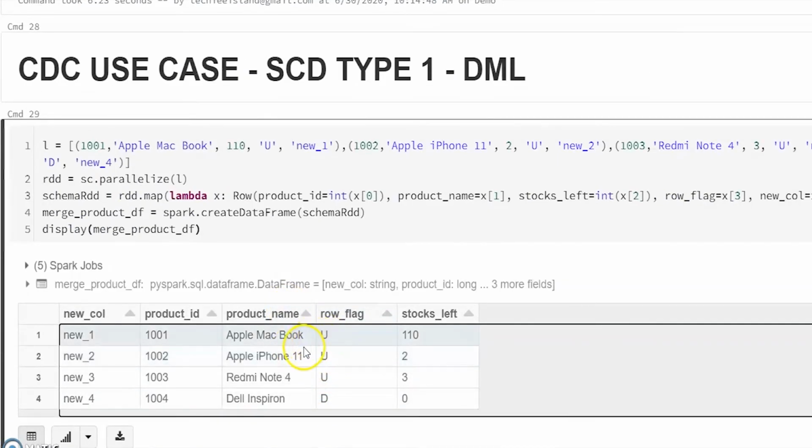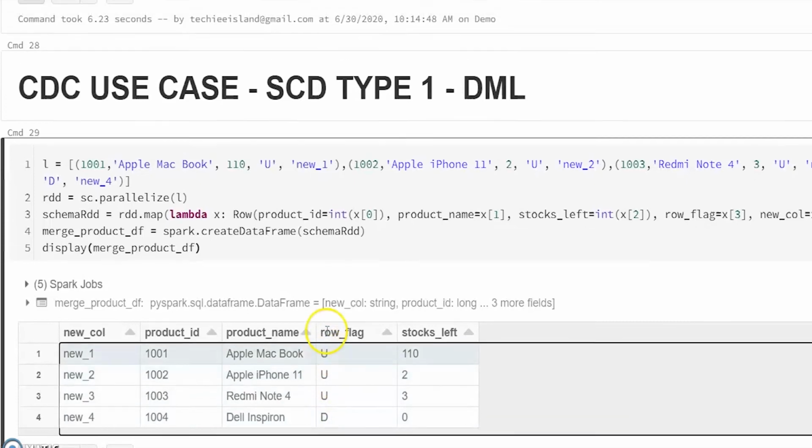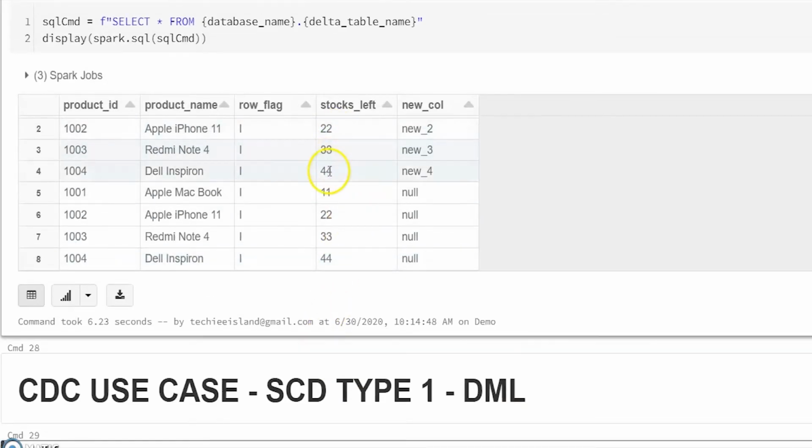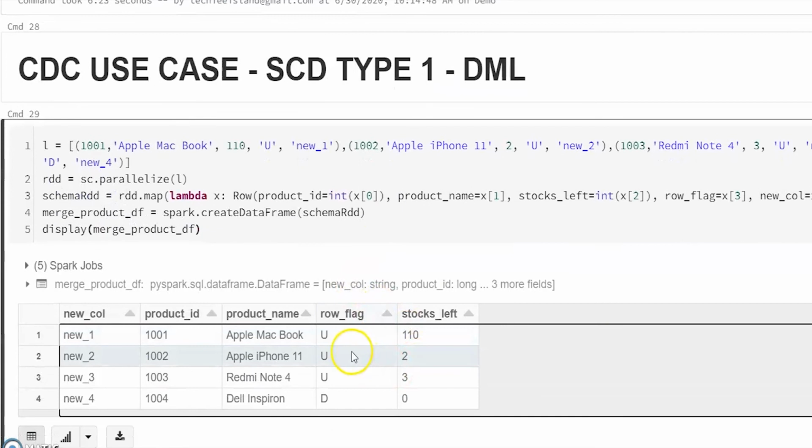Assume our inventory information, the stocks left for each product, has been updated. So for this product we have 0 stocks left, so we are deleting it from our Delta table. Remaining stocks have been updated from the previous values. Usually a merge operation happens like this: this is the incoming data frame, the source, and the target you can consider as the Delta Lake.